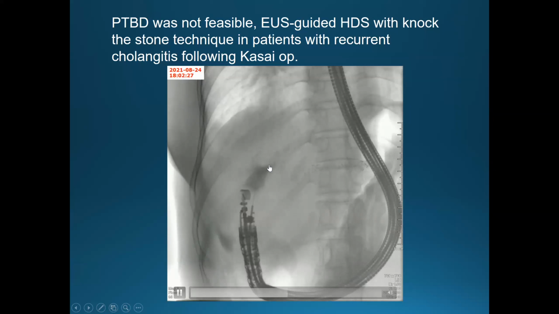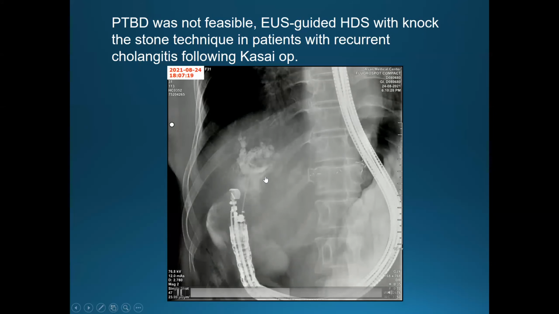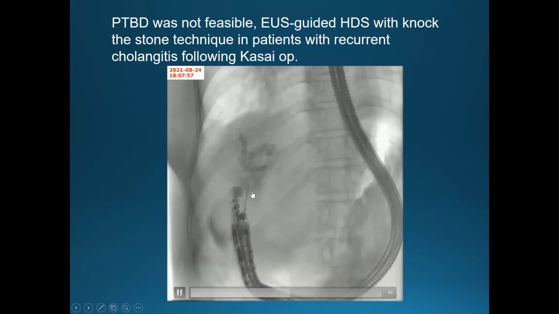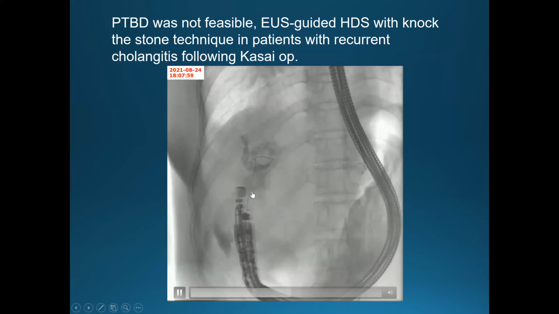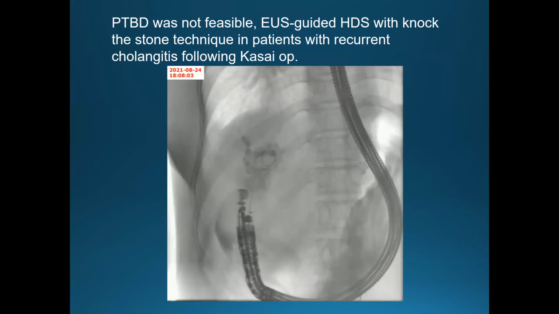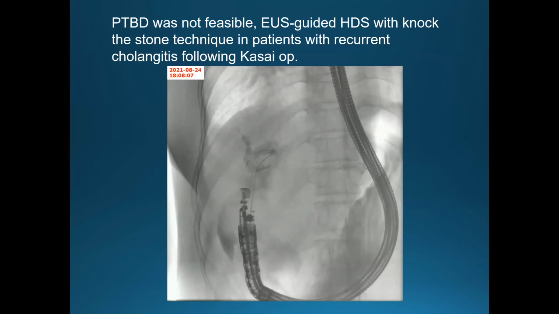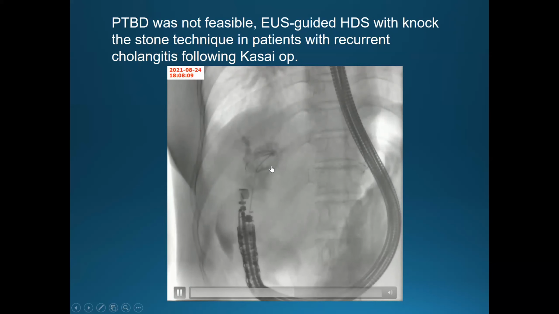I performed the needle for the knock-the-stone, meaning the needle progresses into the stone. First, I used the 22 gauge needle, then a 0.018 guide wire. Then we changed this one to a RAM balloon for the final successful EUS-guided